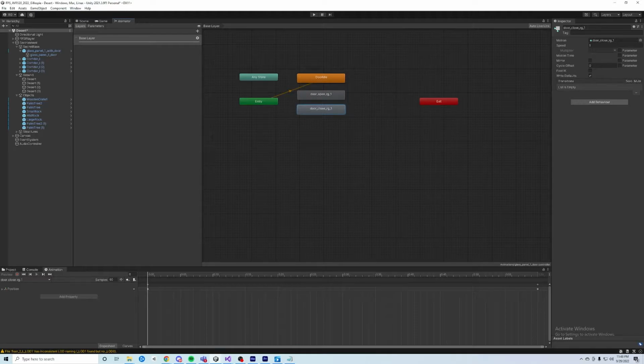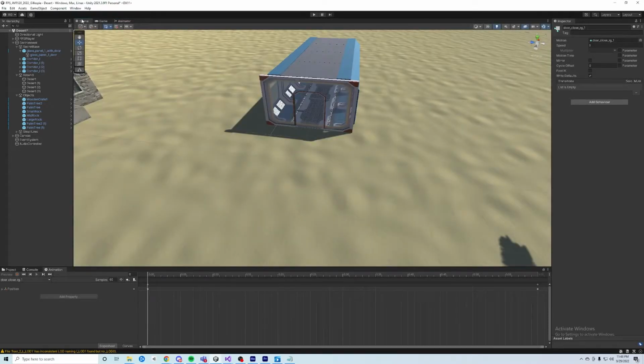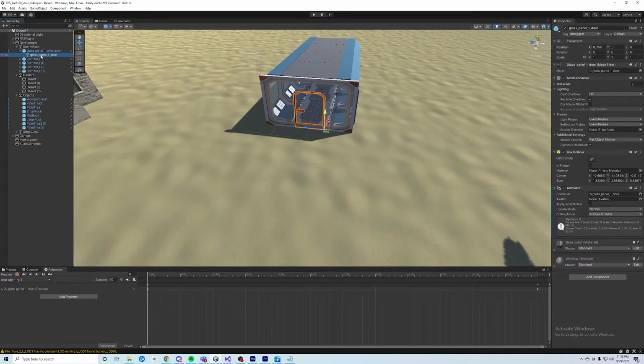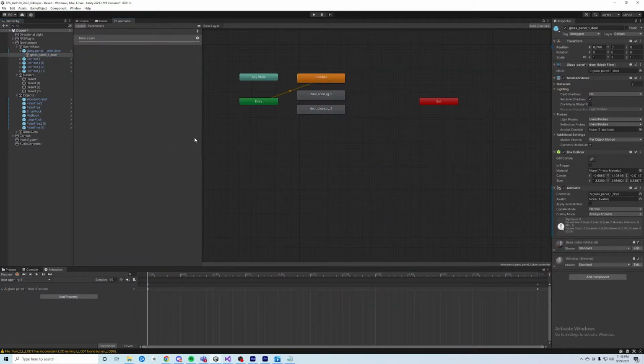So just to reiterate, the animator controls the current animation state that the object's in. Okay, so this is the animator. It is on the glass panel door. This is the animator component right here. It controls the current animation state the object's in, and these lines represent transitions to those animation states. In our situation, we don't really need to worry about these transitions,